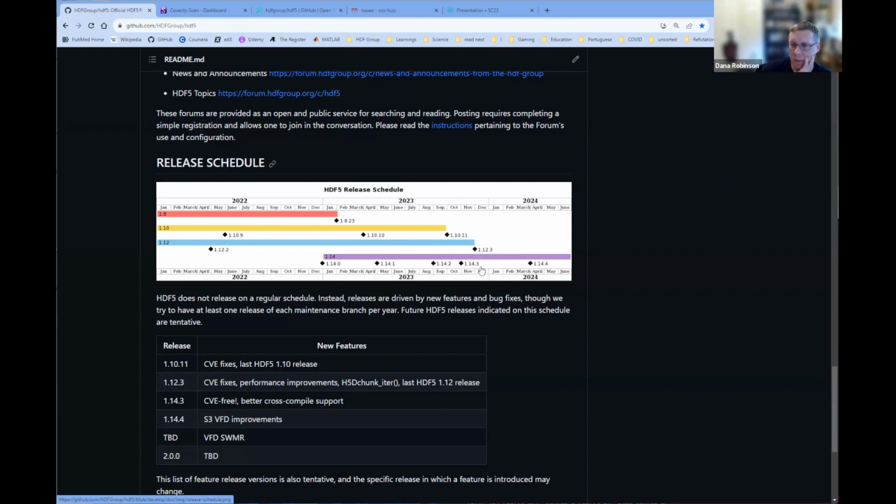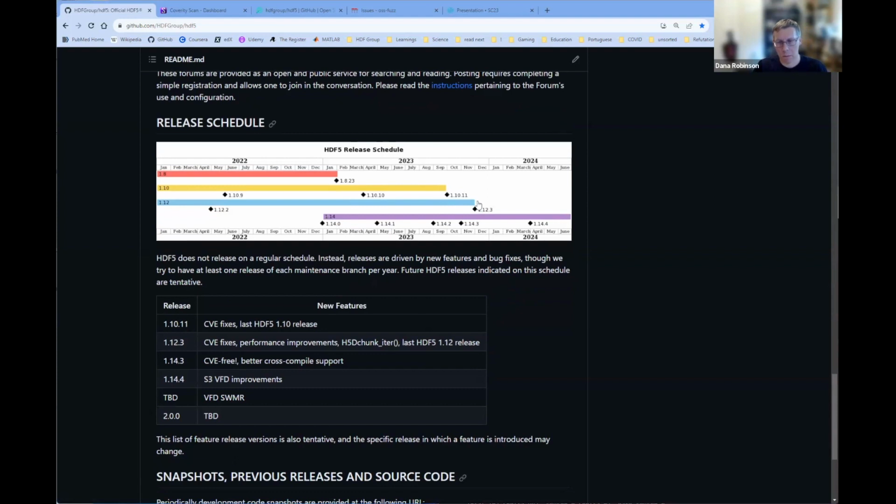And then at the end of October, we'll release 114.3, and that'll be the last release of the E4S software suite under the Exascale Computing Project. So that'll be around November. And then we'll have another release in 2024 for 114.4, and the 114 line will continue. As you can see here, 110 and 112 are ending, so we'll have no more support for those. We'll still answer support questions, but there will be no further releases of it, even if there's a bug or a flaw found in this.